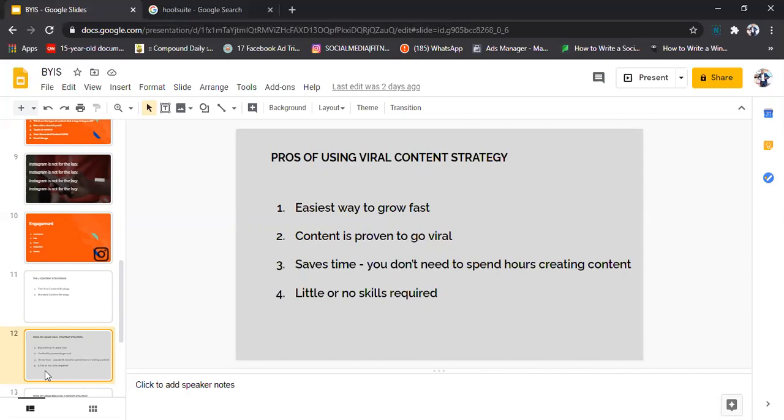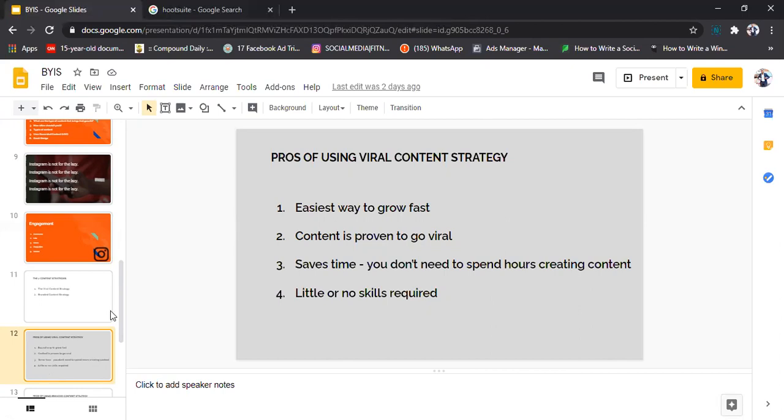It has gone viral from where you took it from. So you just have to come to your page and recreate it. But if you don't want to recreate it, it's also fine. It is just a way to grow fast. It saves you time. You don't need to spend hours creating content. Just pick this viral content somewhere and post it on your account. Very easy. I have an account I'm using it for, just to grow fast.